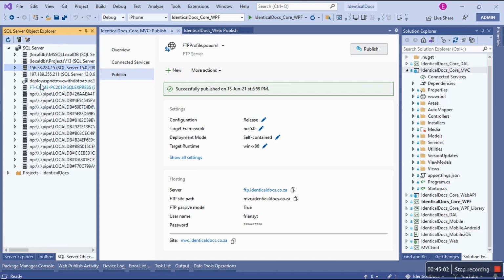So you see, it says deploy ASP.NET MVC with a DB to Azure in 2019. So yes, I've done something like this in Azure. I've played around with it. I know what I'm talking about.